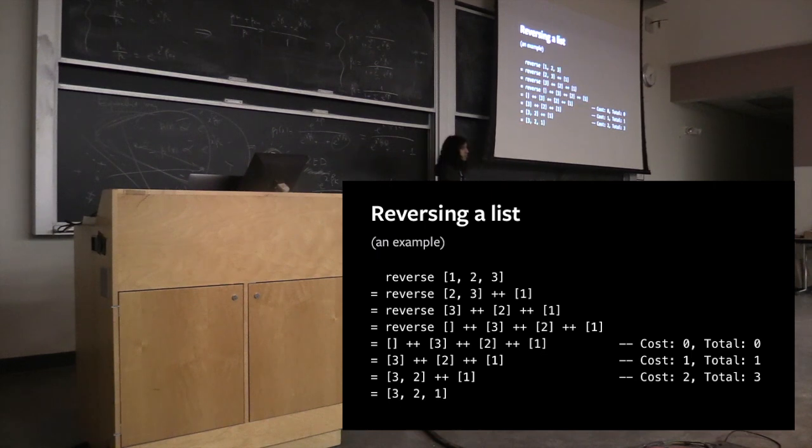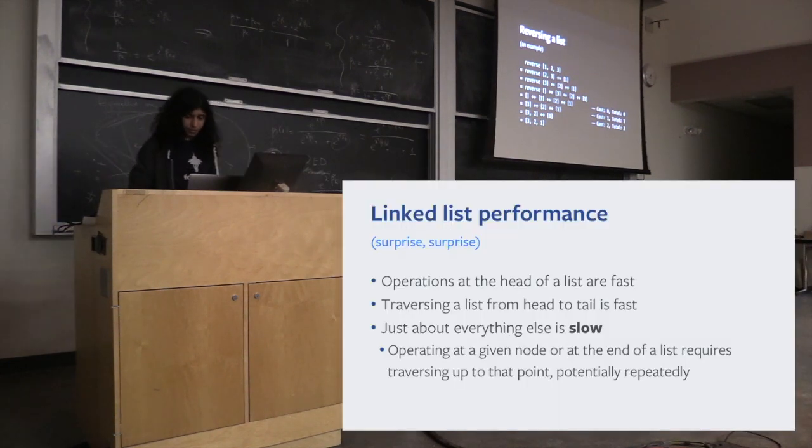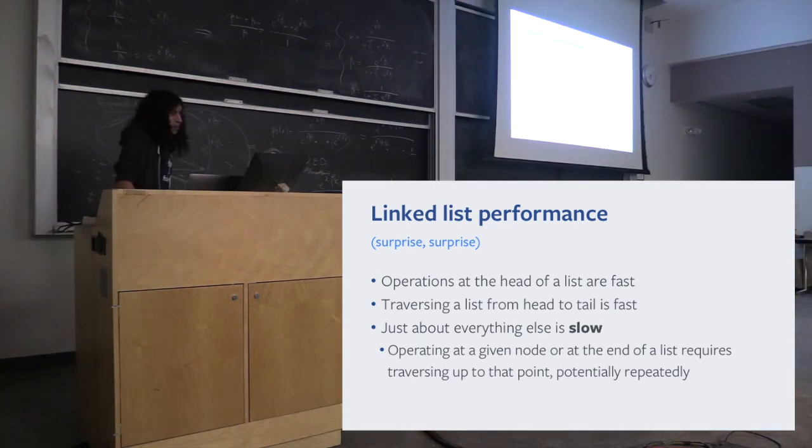And if this were a list of length 4, then our total cost would jump up to 6, then to 10, then to 15, so it grows quadratically. So I've waffled for a bit about linked lists and functional languages, but the summary is basically